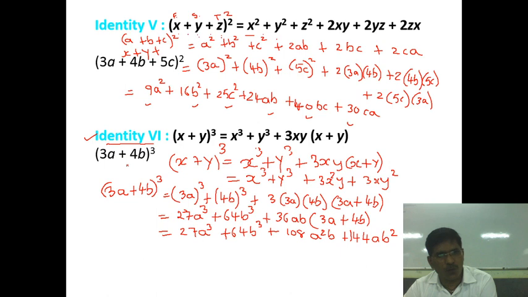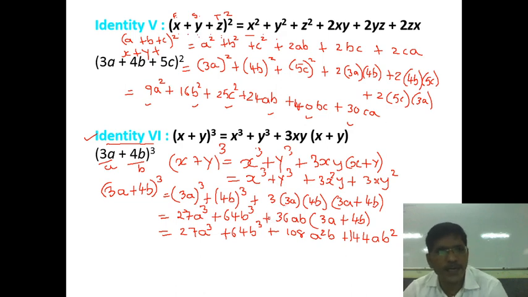So (3a + 4b), this is question number 2 that you have to complete anyhow in your fair book. So (3a + 4b) whole cube, so I have to write again (3a) whole cube plus (4b) whole cube plus 3 into 3a into 4b, because here a is 3a and b is 4b. So 3a plus 4b, and if I open the bracket, 3 to the power 3 is 27, 4 to the power 3 is 64. Here these are all terms, 3, 3 and 4, that is multiplication.